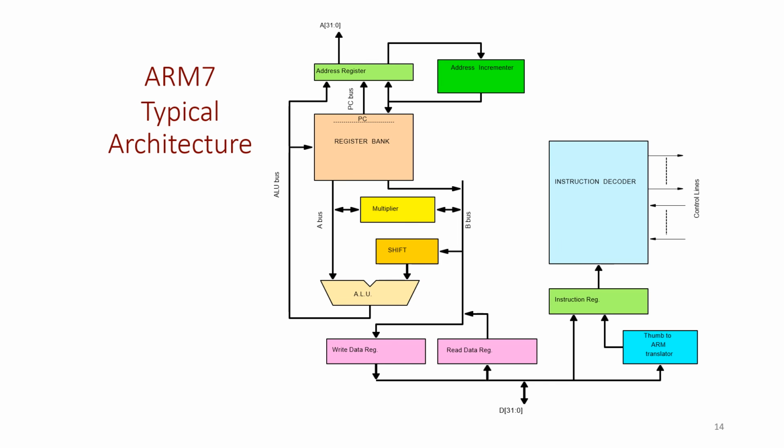You have the address bus here and the data bus here, and read and write data operations can be done. A separate instruction decoder is here to decode the complex instructions,